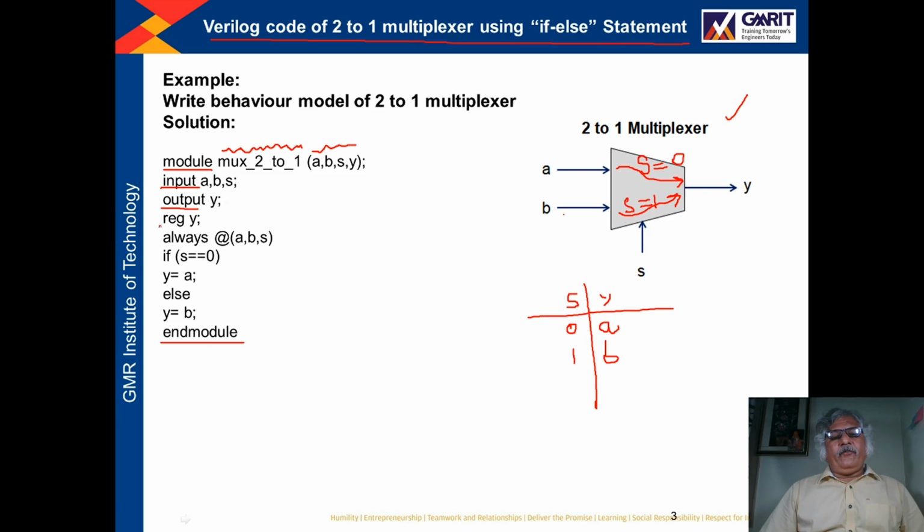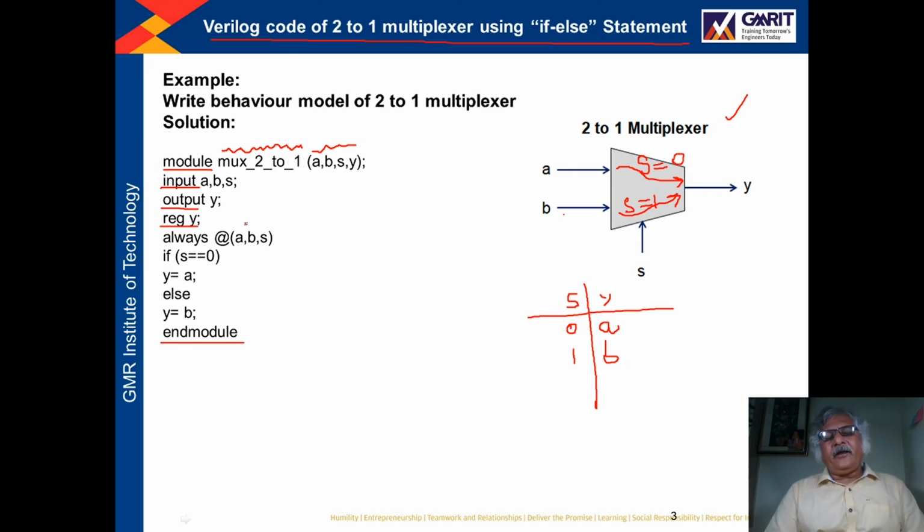Now we have declared Y as a reg type variable, because since we are writing the behavior model using the if-else statement, we have to assign the values to Y in statements which are inside an always block.